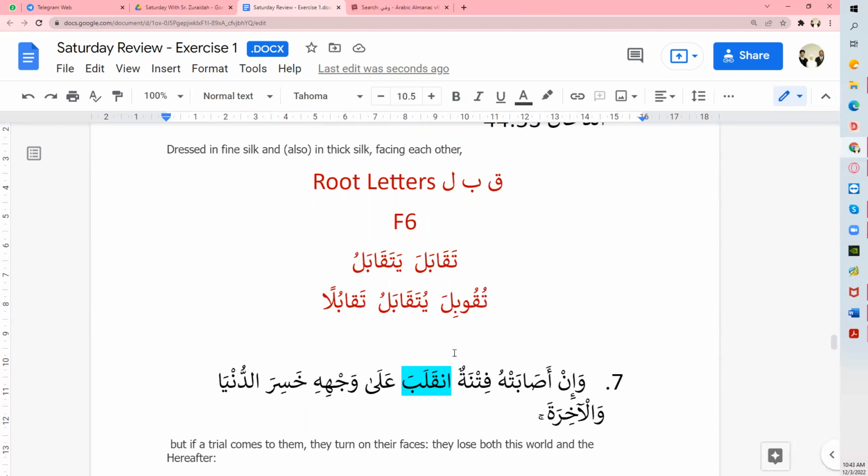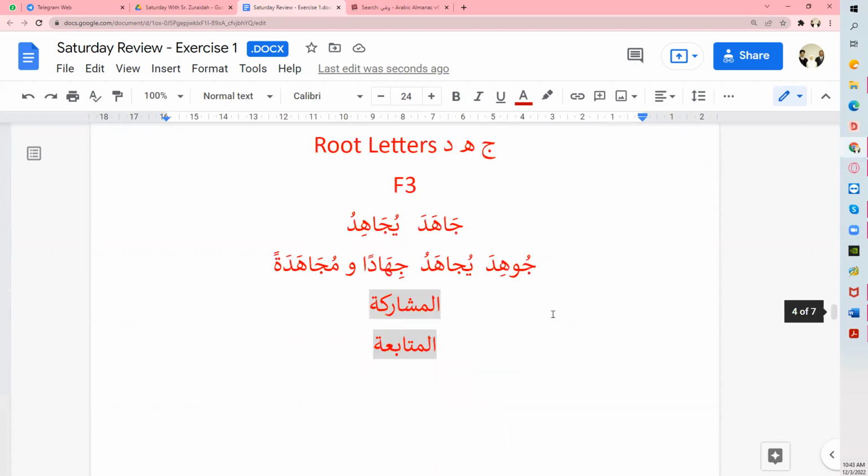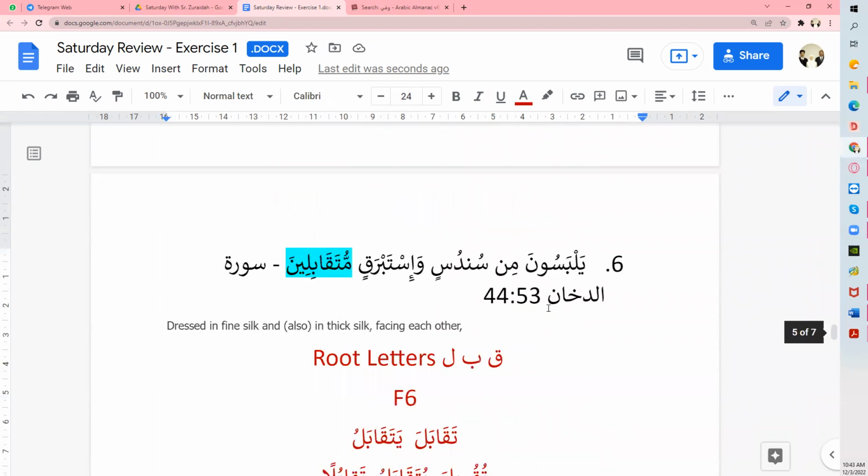Okay. Sorry, we haven't put the meaning for family 6. Facing each other is obviously musharakah, because it's something that you do together, right? So there's no mystery for this one, family 6. Agreed? Okay. So this is a musharakah between two parties or more. With tafa'ala, it can be between two parties or more. With the other one just now, it's just between two parties.